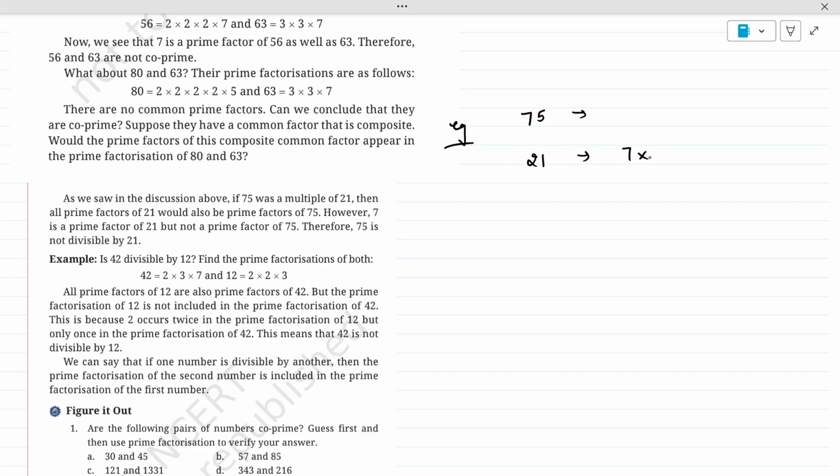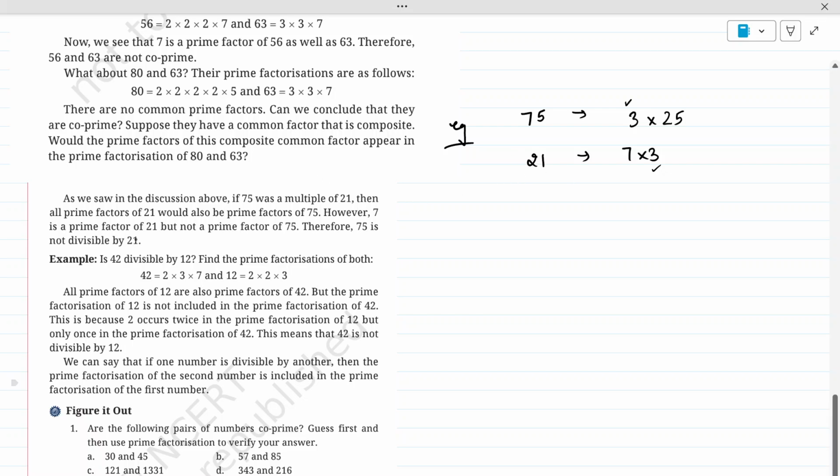71 is 7 and 3. And for 25, we have 5 and 5. Okay, we have 3 common first of all. So if we have 3 common, they are not co-prime. This thing is done. Now using this, can we identify here that